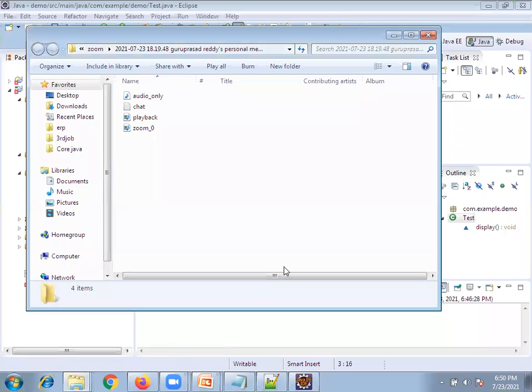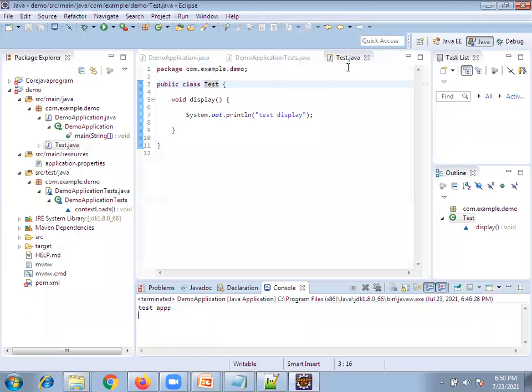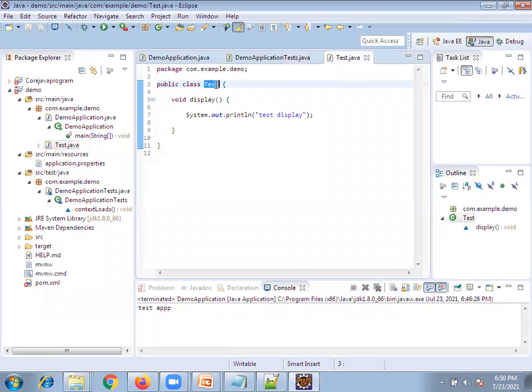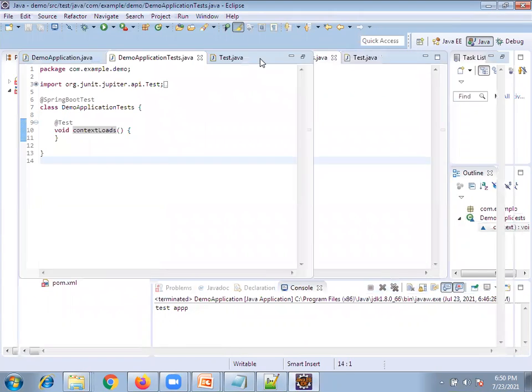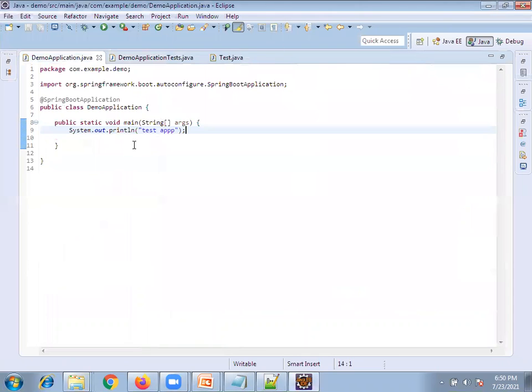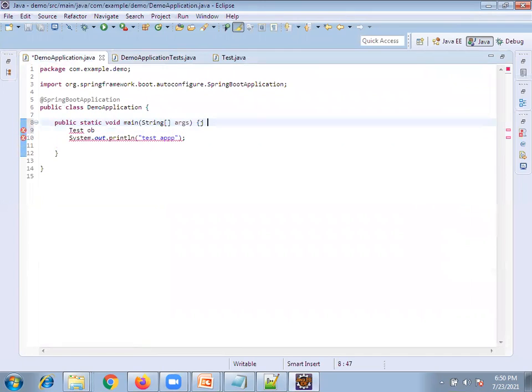Now we saw that we are able to run a standalone application. In the test class I have created one object. Hope you are able to get it.